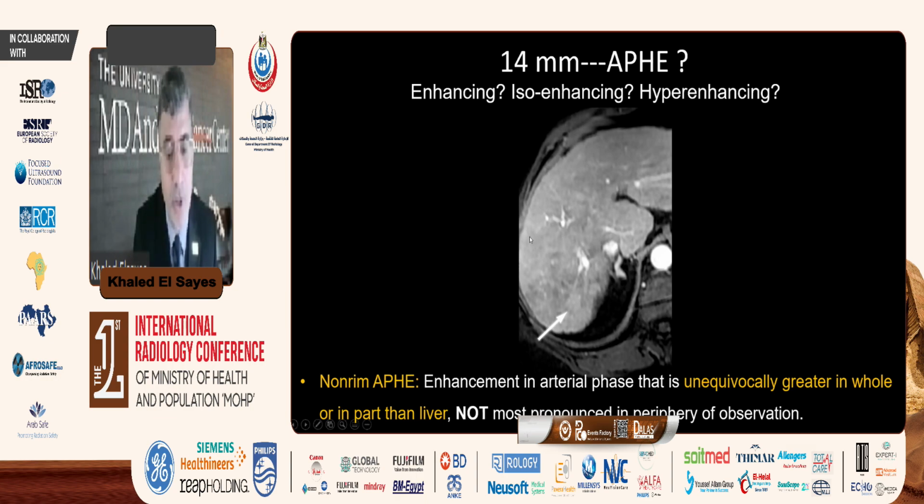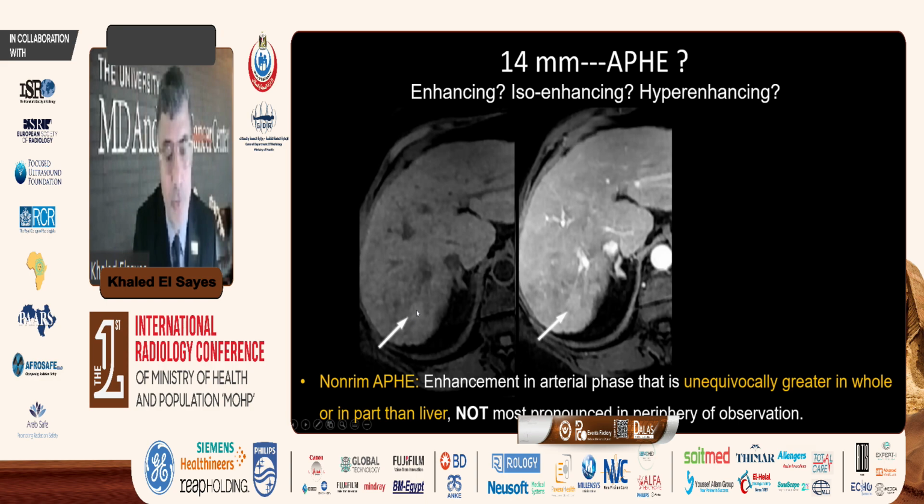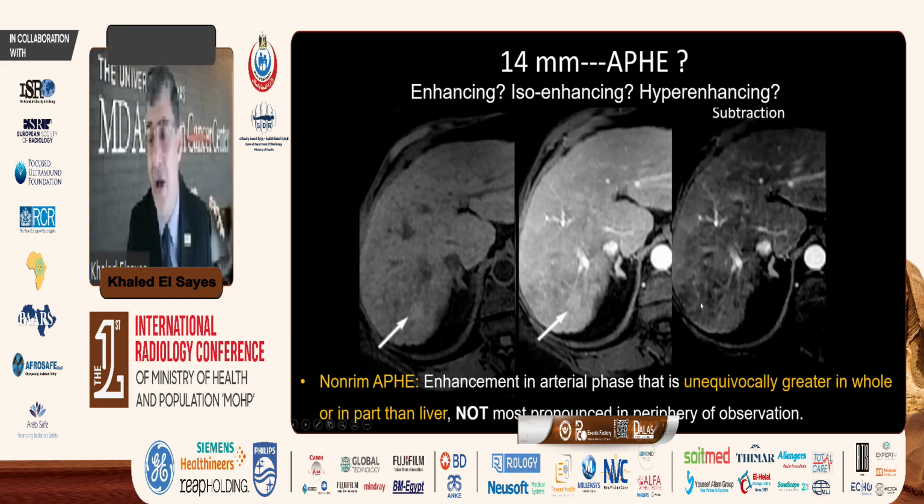Again, you review the pre-contrast. It's hyperintense. And you have a very important tool in MRI, which is subtraction, right? You did the subtraction. It's not really hyperenhancing. It was just hyperintense. And it shows like this also in the arterial phase. This led to its appearance, which is non-hyperenhancing here. It doesn't hyperenhance here. It was just hyperintense. This is a dysplastic nodule, right?